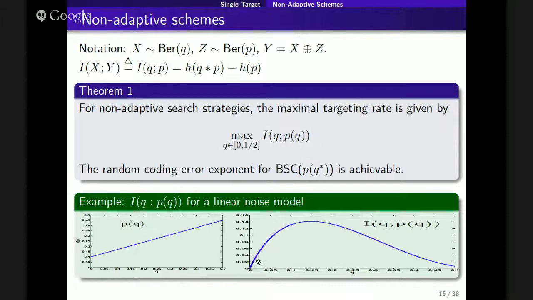Okay, and then again we're back. If we look at this mutual information as we had before, because the noise depends on Q, in this specific example, in a linear way, you don't want to query half the region because then you get a lot of noise. You cannot get any information out of this channel. So the optimum in this example is somewhere else, 0.60. But it is a little number.